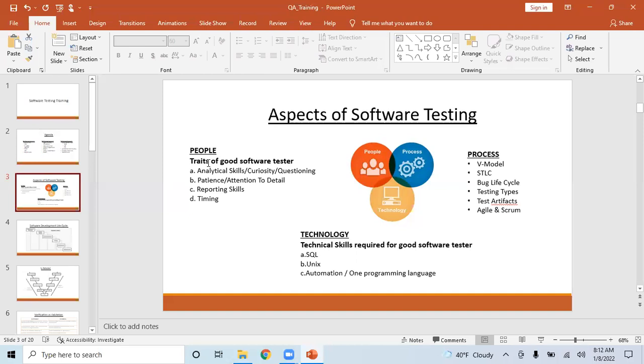So how do you get good analytical skills? You have to be curious. If somebody tells you a requirement, you have to think or visualize that requirement in your mind and see how an end user is going to interact with it or use it. Basically, you have to be in the shoes of the end user. That's where you need to think of all different kinds of scenarios.